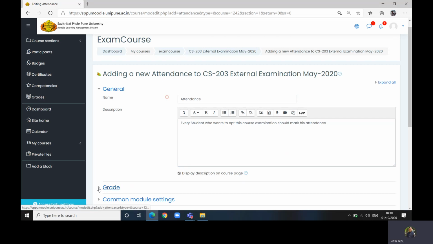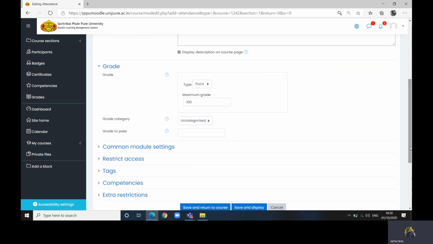Fine. Now you assign some grade. So we'll keep this as, for example, scale or point. You may say mark or you may say point. So I will go with point, and grade to pass would be 1. Okay, we want this to be 1 and click save and display.